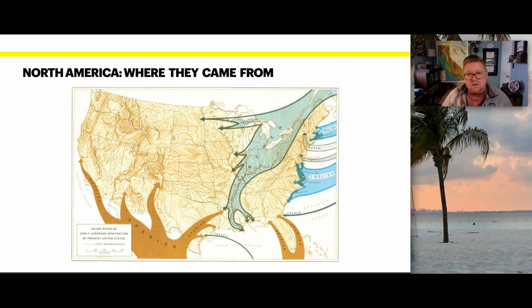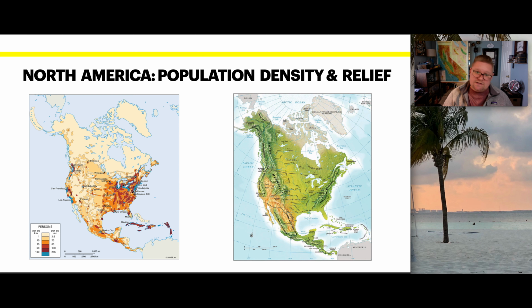That being said, we can also observe this in looking at population density and comparing it to relief. Are there relationships between where populations live and the relief of the landscape? We certainly see that that's the case. We see quite a dense population along the East Coast, also along the West Coast. West of the Rocky Mountains is a lot more scarce of population, but that also means, in particular if we look at the climate classification, it's rather dry. But we're able to observe these different types of population clusters.